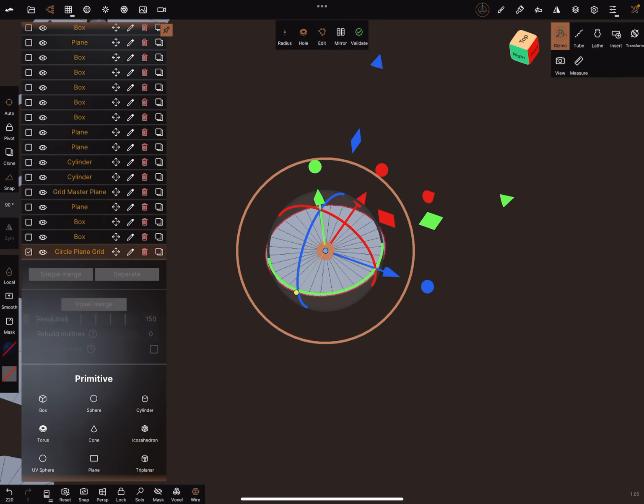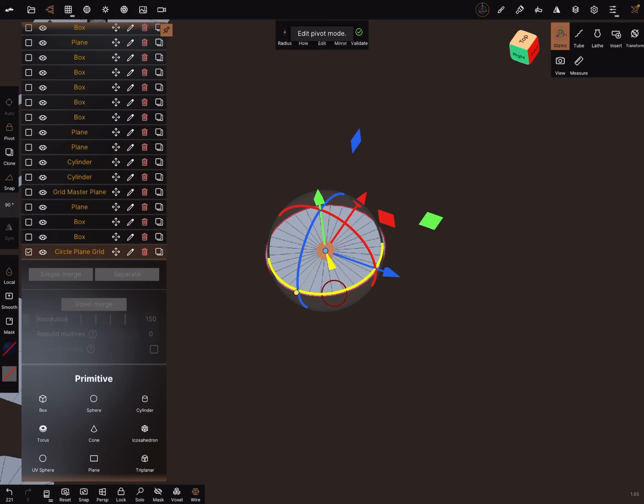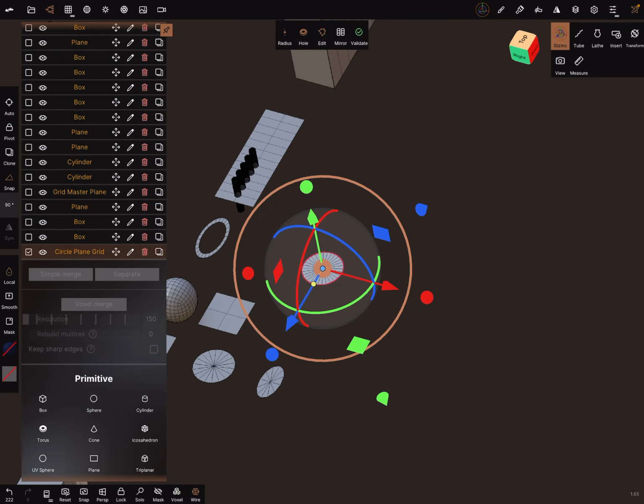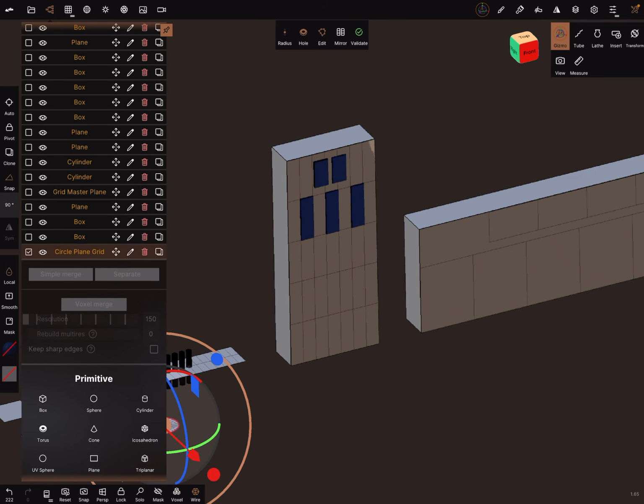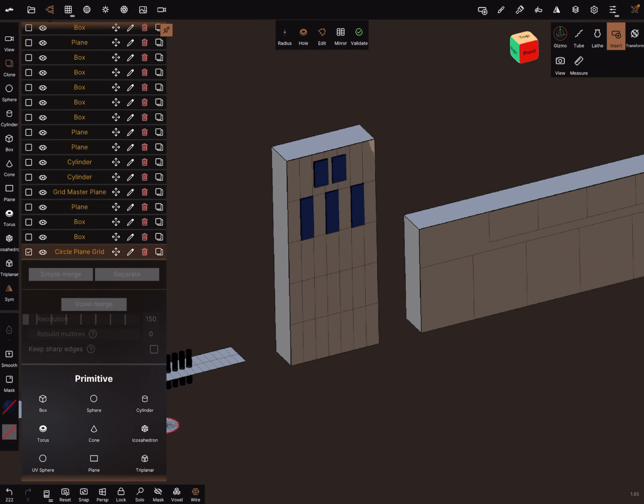Okay. And remember, change the pivot one time. And now you can use the insert function. Clone is activated, turn symmetry off.